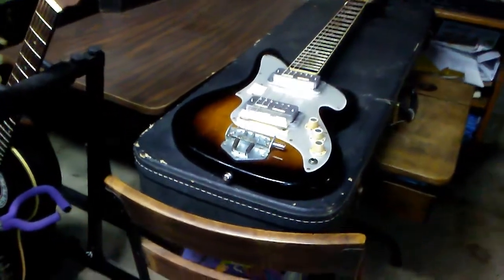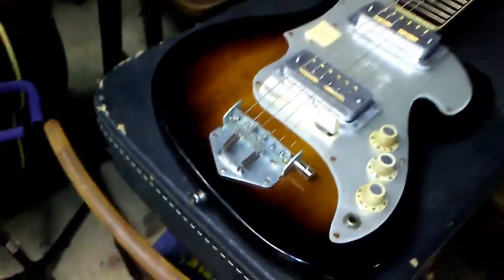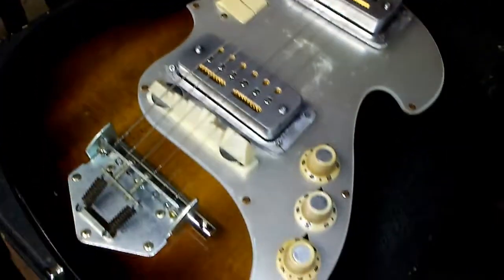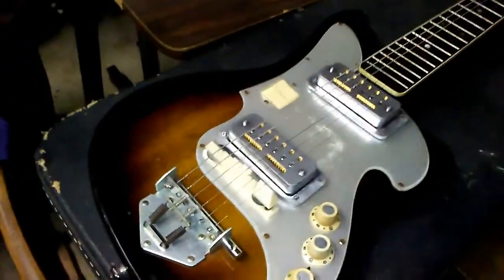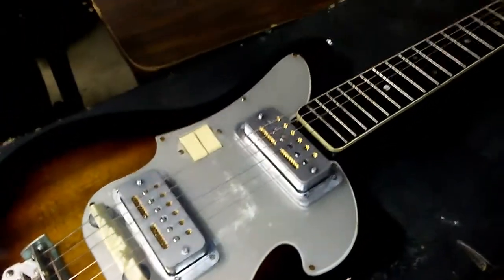There it is, folks. The joke was on me. This thing's a screamer, man. What about those high output P90s? The ceramic plastic P90s. This old wiring is just... Originally there was like a cover for this. Keep my eye open for that. Keep my eye open for a new set of pickups too. I mean, these are cool and everything, but